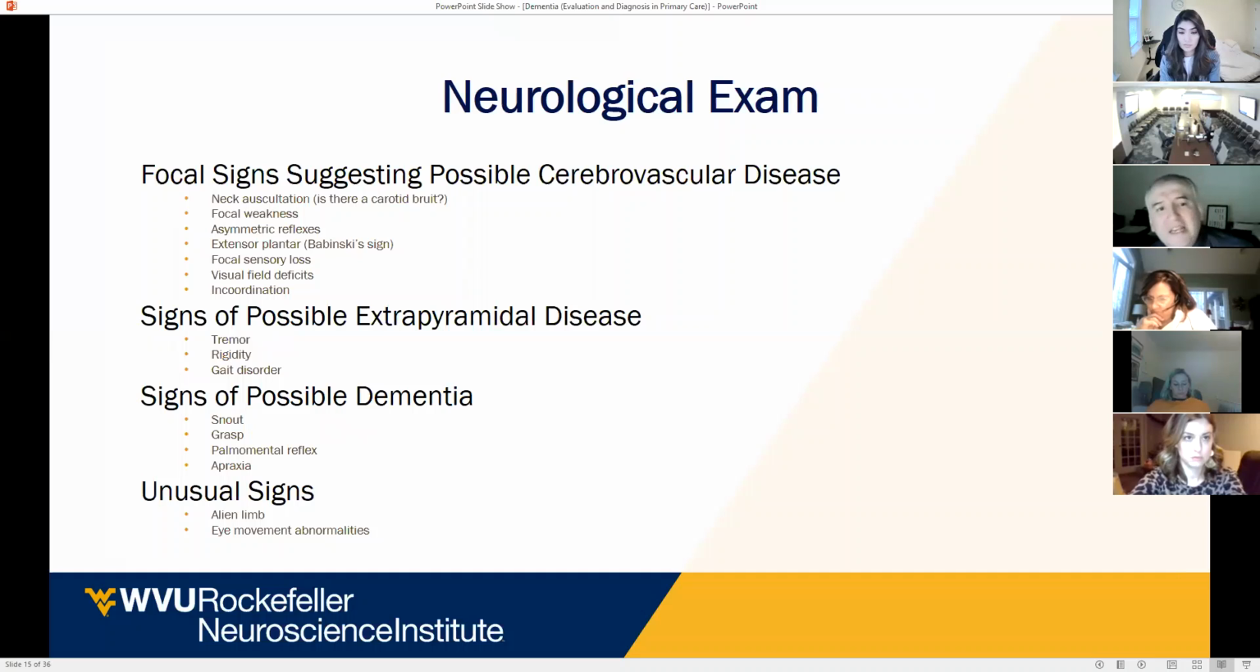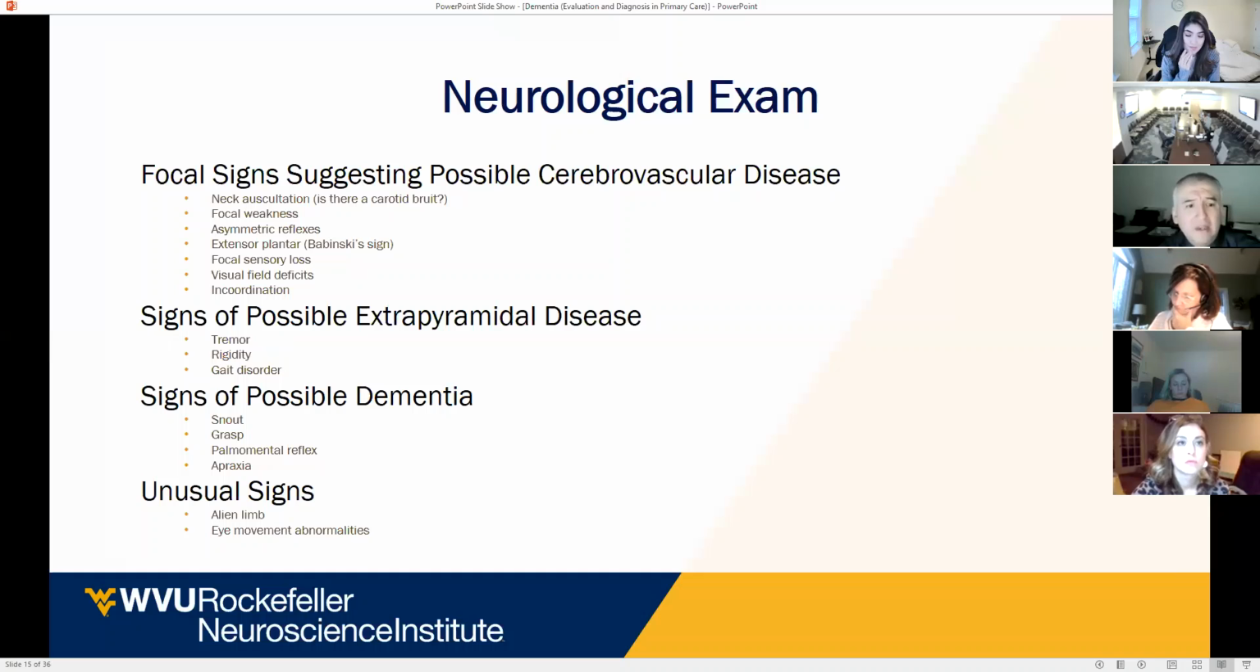The neurological exam is a very important aspect in order to rule out two different kinds of pathologies or help us with the diagnosis. If we are thinking about some kind of vascular dementia, we are probably going to look for some kind of focal weakness, asymmetric reflexes, sensory loss. We are also going to look for extrapyramidal symptoms, something like tremor, rigidity, gait disorder, thinking about different kinds of symptoms you can find in Lewy body dementia,